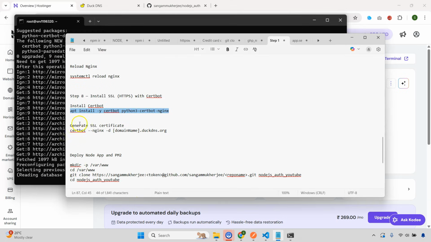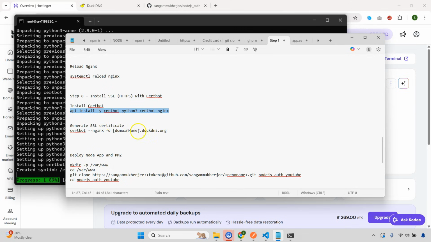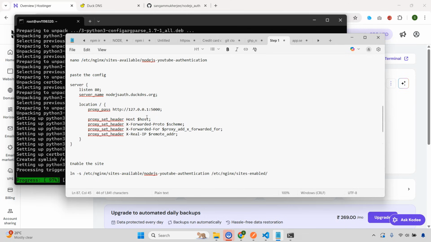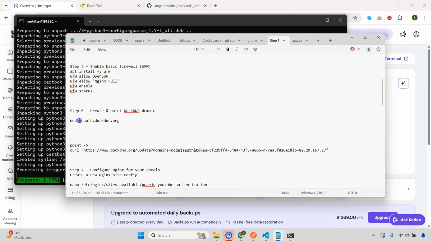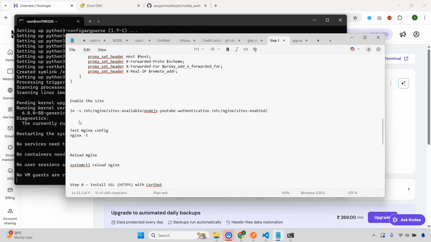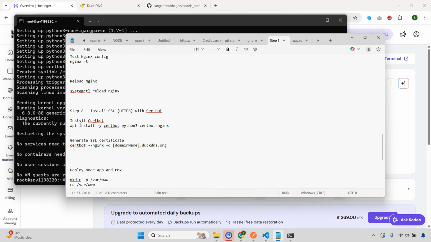Once this is done, we need to generate the certificate. Now again, you need to change the domain name, right? So we'll go to the top and I'm going to copy this, go down till this part. Okay, so here we need to replace this with the domain name that we have created. So I'm going to copy this